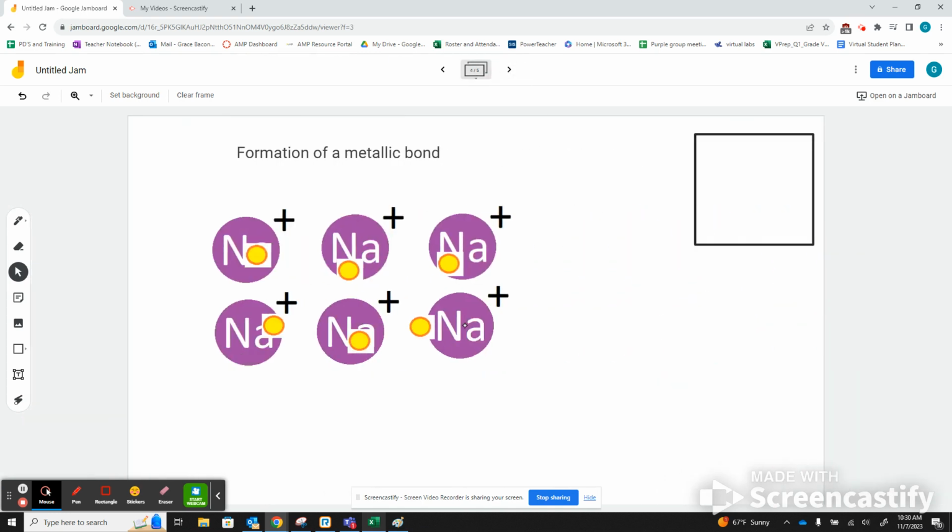With metals, it's just the same element, and rather than these electrons being attached to one specific ion, they're floating around on the outside, kind of forming a cloud around. So these electrons are free flowing and they have all the negative charge. But if I was to have an electrical current go through here, it could still flow through because I've got charges